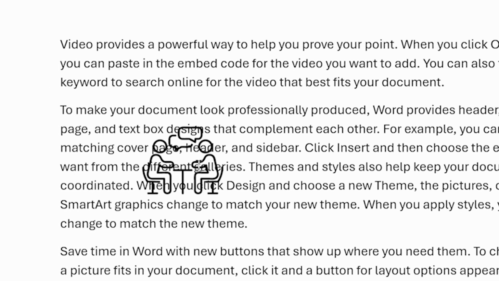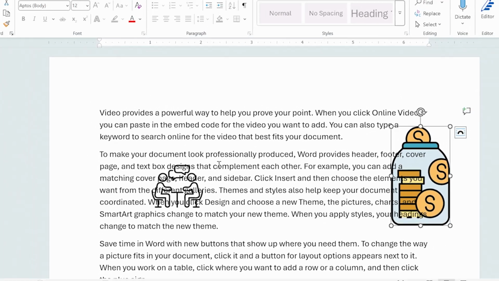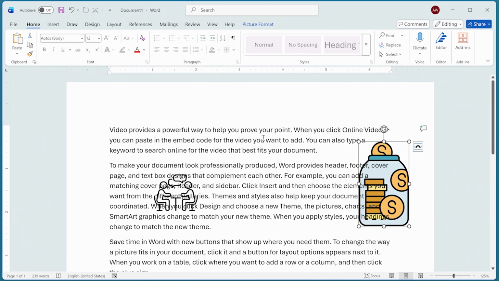This graphic over here is a different story. Notice that it's completely behind the text, and there's no place that I can move within this graphic or over this graphic that changes to that four-headed arrow. I need a different way to be able to select this type of a graphic that's completely obscured by the text. The best way to do that is to display the Home tab of the ribbon, and then over here